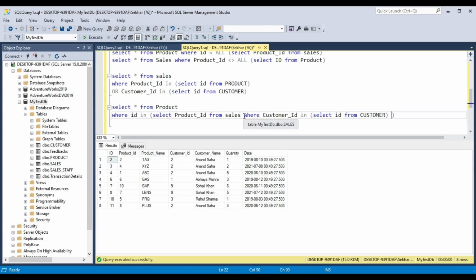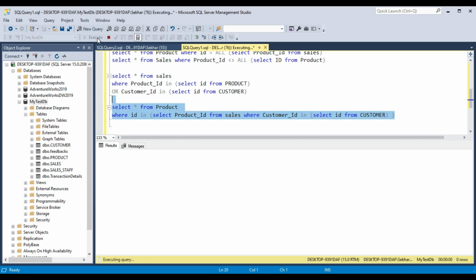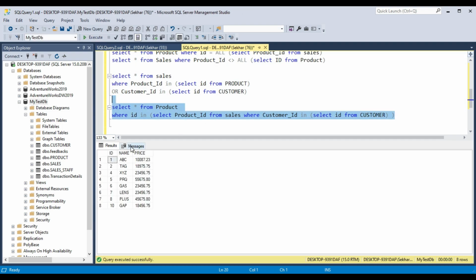So here you can see this is the outer query, this is the subquery, and the subquery has another subquery. If you run this query, it will give you the result. So it is fine, you can use it in this way also whenever there is a need.